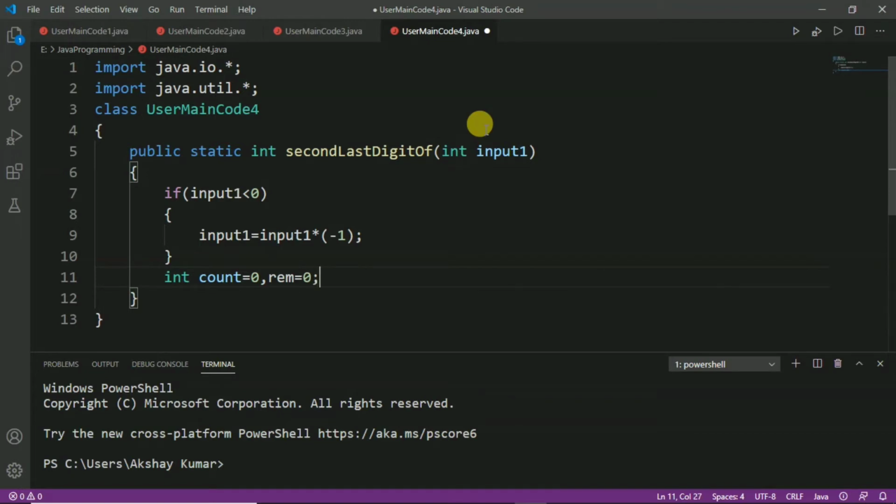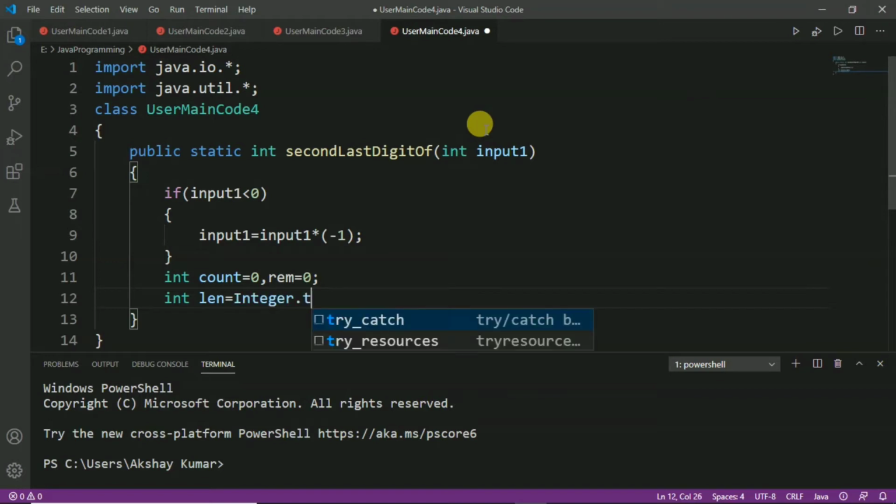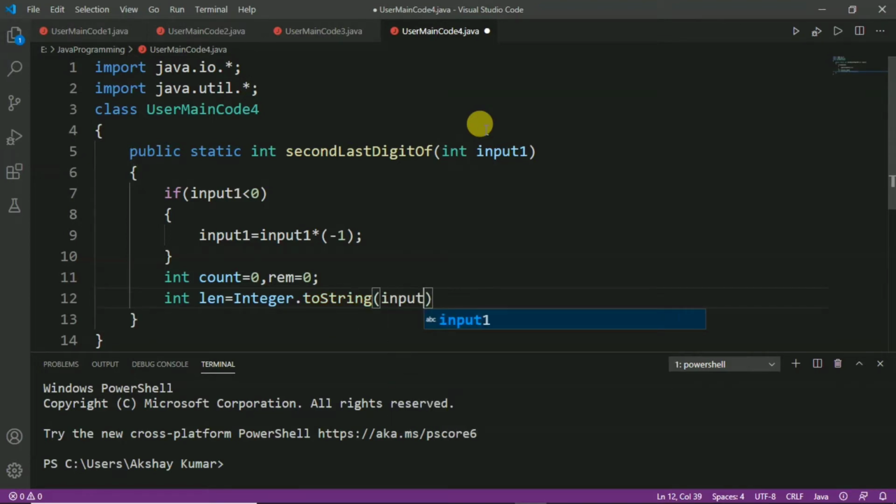Now, we will take another variable len, and we will convert our integer to a string to calculate the length. So, Integer.toString, and here we pass our input, that is input1, and now we will use the length function.